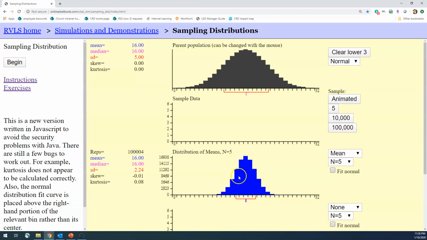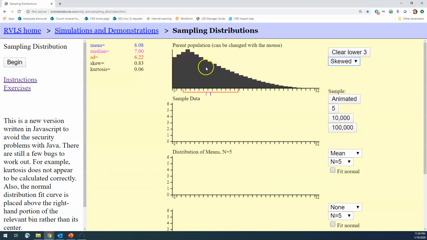Interestingly, though, the shape of the normal distribution will continue to be reflected even if the parent population is not a normal distribution. So let's change this from being normal to being skewed. If the parent population has a positive skew here, where the tail extends far to the right, and we continue to draw samples,